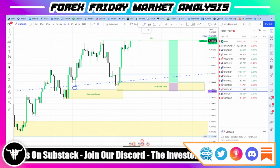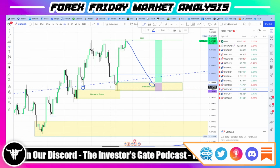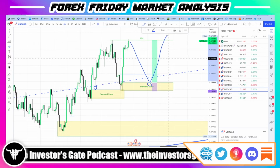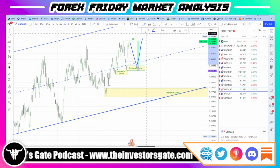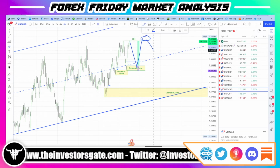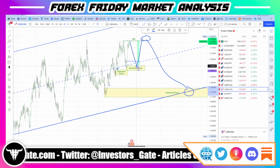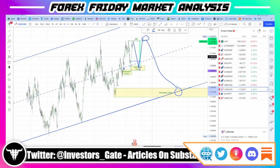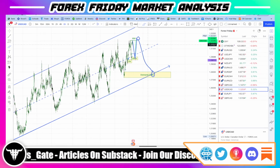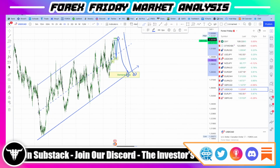All right, but yeah, looking for retracement into here, grab any excess liquidity, putting in an additional higher low, and then pushing up. But at the same time, I think if we did that, maybe from here we break trend and we come all the way back down eventually into this level. So short term would be looking for buys here, but then maybe somewhere closer to this channel high, I'd be looking for sells down into this demand here, and then ultimately